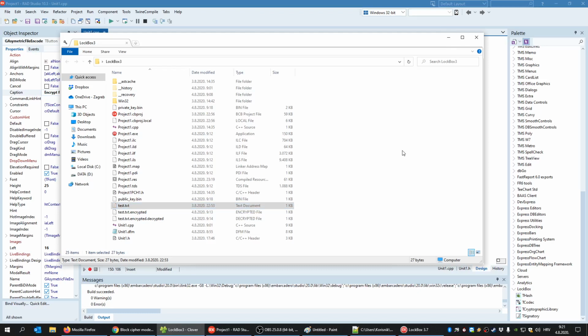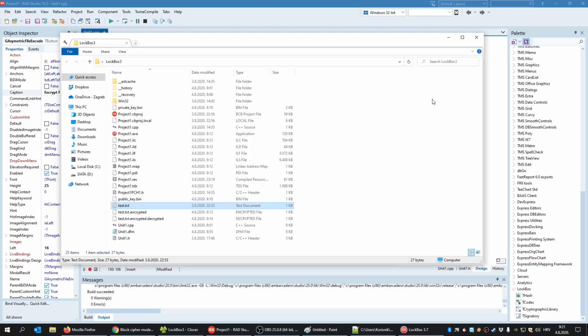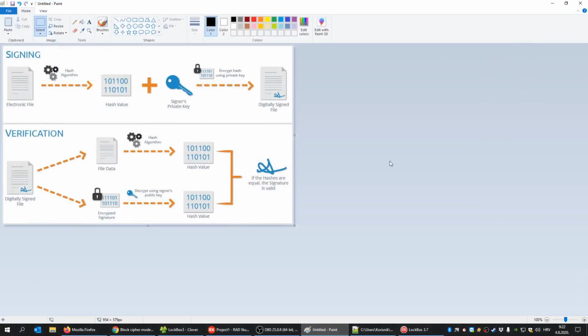So in order to do that, we can digitally sign this file using our own private key, and then the receiver can verify that digital signature using our public key. So I have prepared an image here that shows how it's done. So if I have a file, in our case